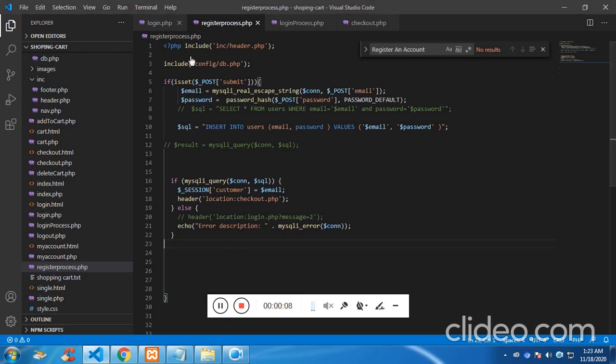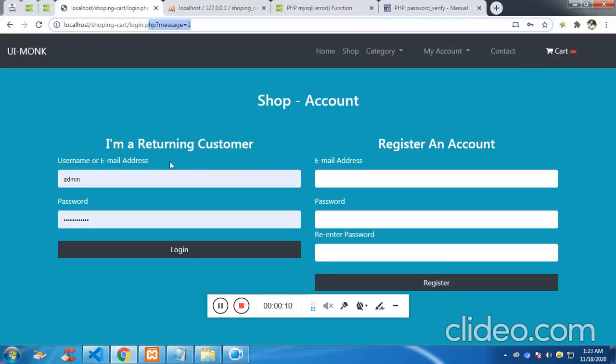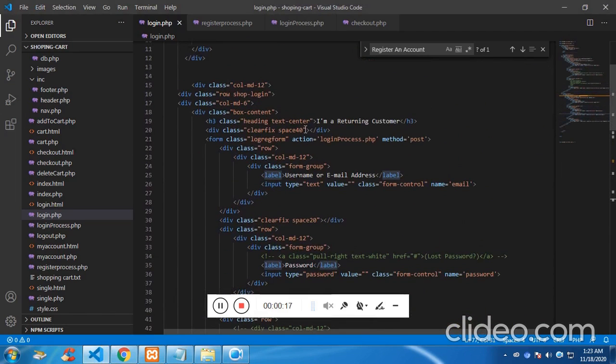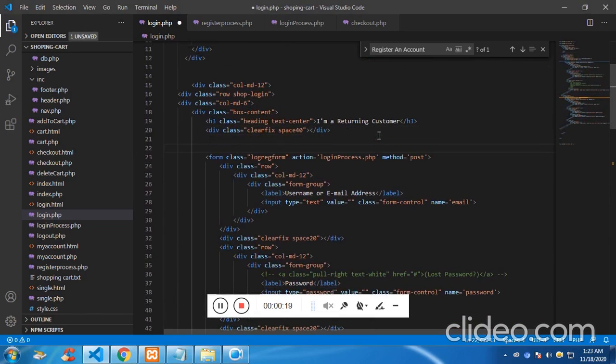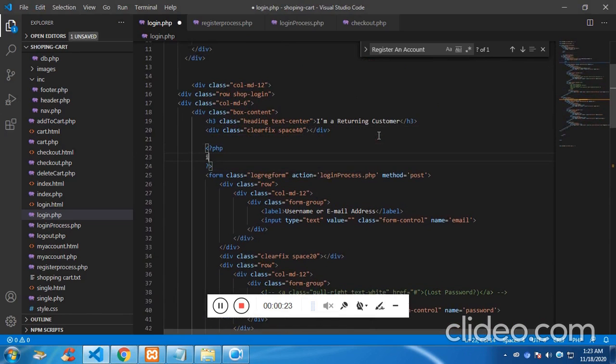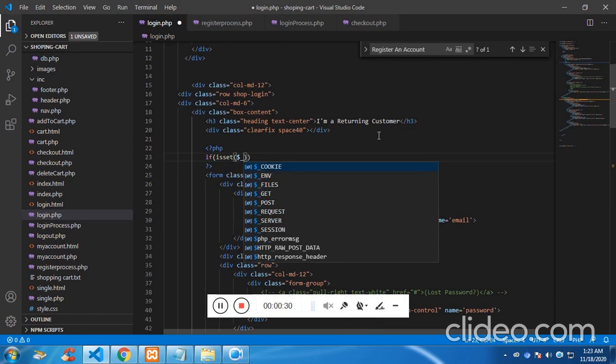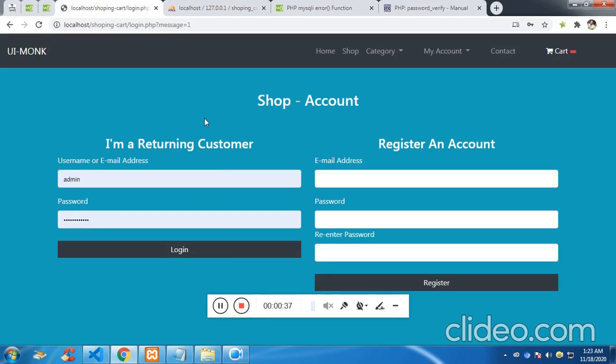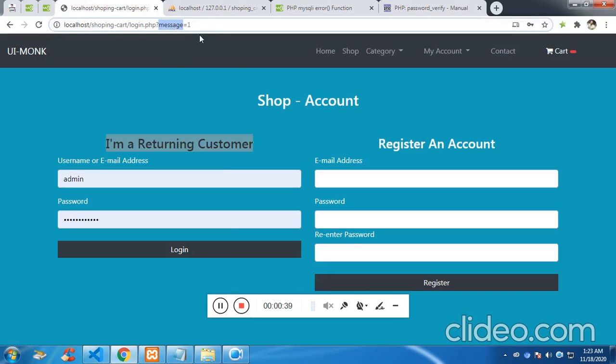So on the login.php, just above the I am a returning customer, we'll check with a PHP block: if isset $_REQUEST message,